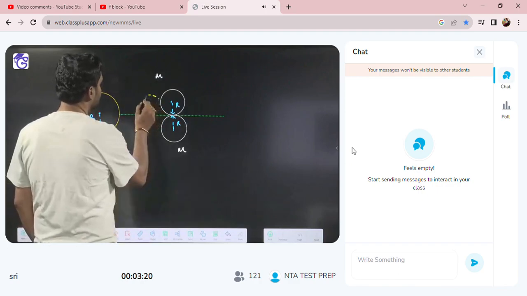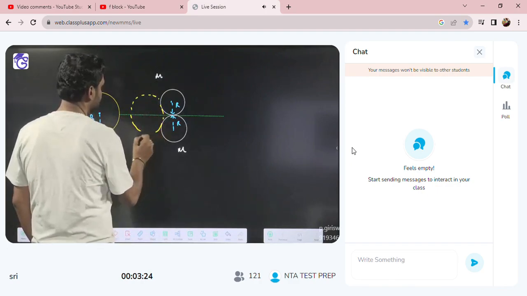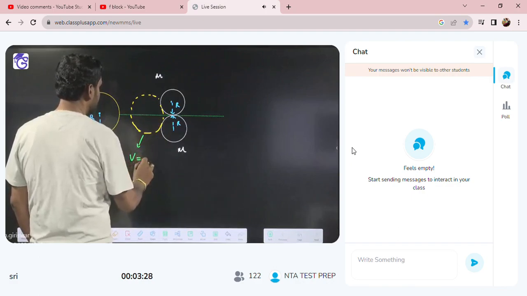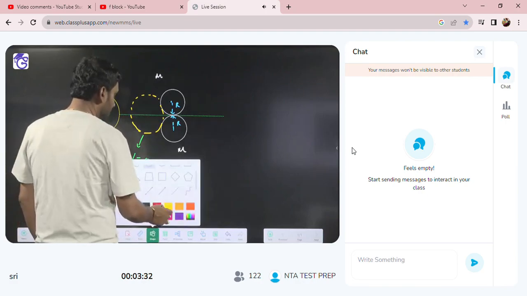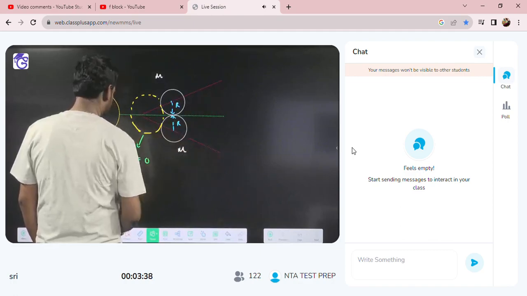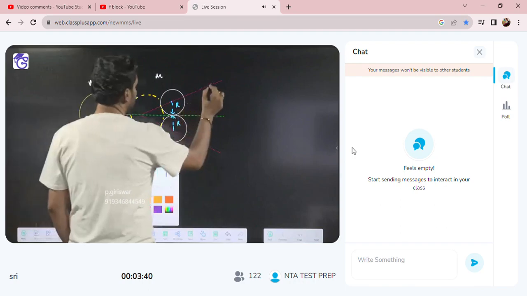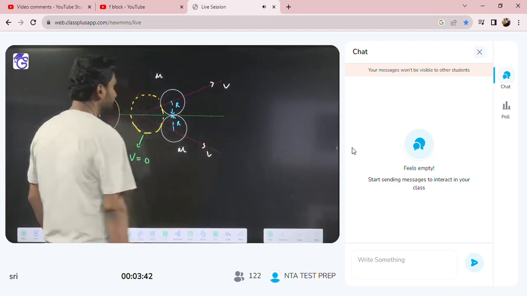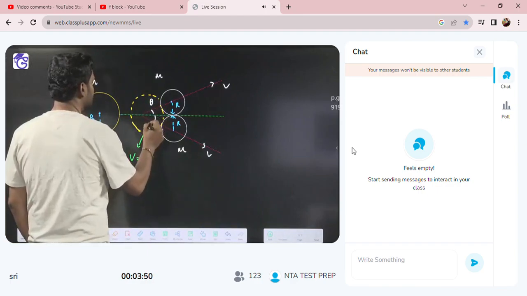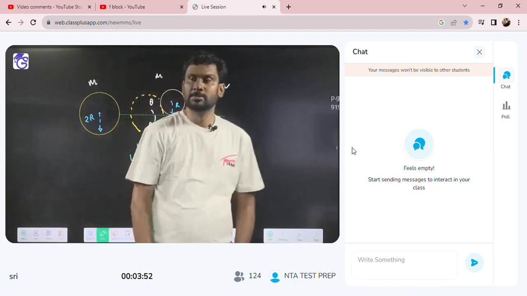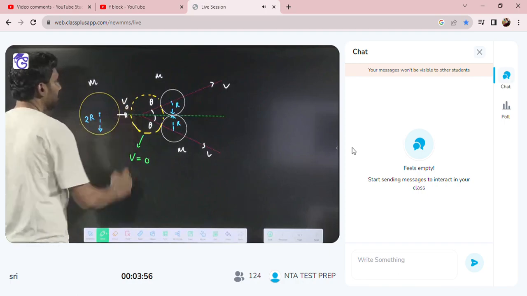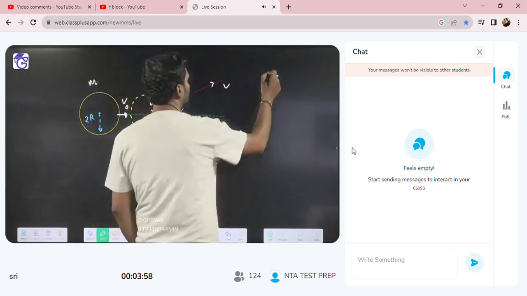When this collides here, after collision, this disk comes to rest. So this v is equal to 0. And as a result, these two move symmetrically like this with velocity, let's say v and v. So we can take this angle as theta. This angle is also equal to theta. If I consider that this disk was initially moving with velocity v naught, so from